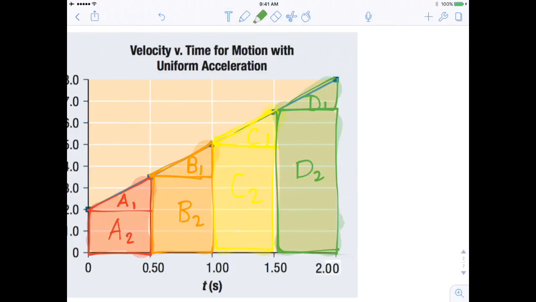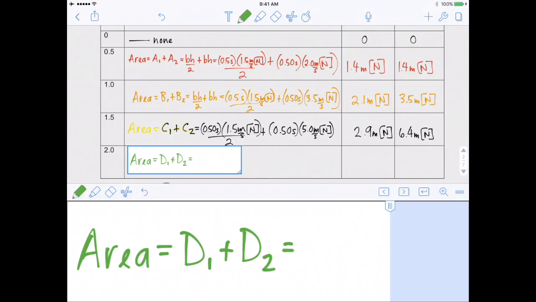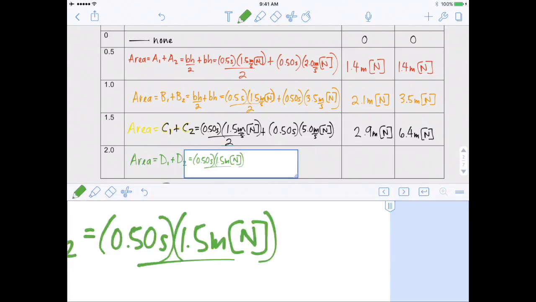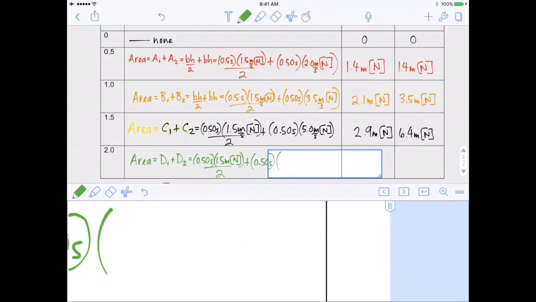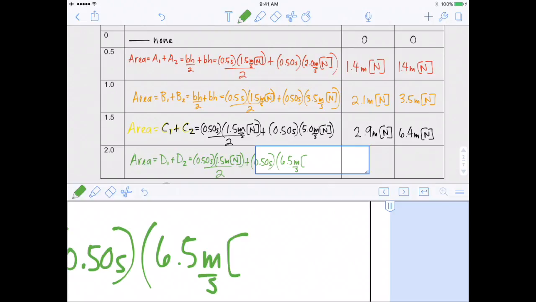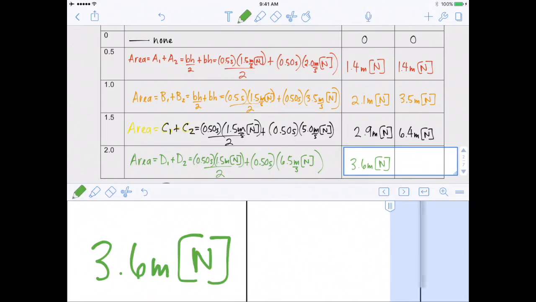So let's find the area under this segment of the graph, thus finding the displacement under this segment. Triangle D1 is going to have the same dimensions as all the rest, 0.50 seconds times a height of 1.5 meters per second over 2, plus the rectangle, whose base is the same, 0.50 seconds, and whose height is 6.5 meters per second north. If we simplify this, we end up with 3.6 meters north. And if we've traveled an additional 3.6 meters north, we end up with a final position of 10.0 meters north